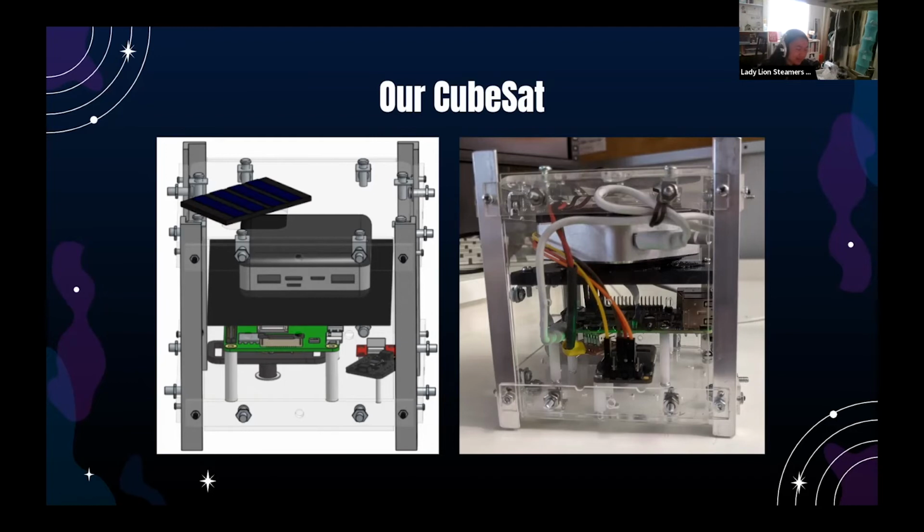So on our left, as Emily mentioned, we have our CAD model, and then on the right, we have our CubeSat. So we obviously use the acrylic panels and their screws and their hex nuts. And then because of our first robotics team, we have free polycarbonate. So we decided to use that to hold up our power bank since we felt the acrylic paneling couldn't handle the weight very well. And then seeing the holes available in the middle of the acrylic, we decided to utilize these to make like a little shelf using L brackets and polycarb, which I mentioned as before, holds up the